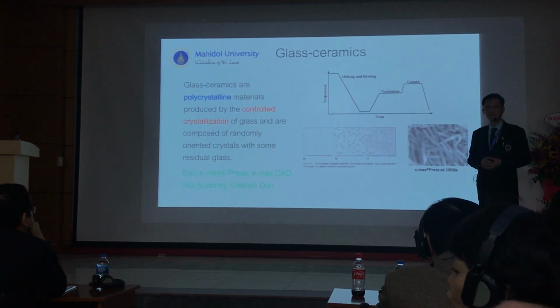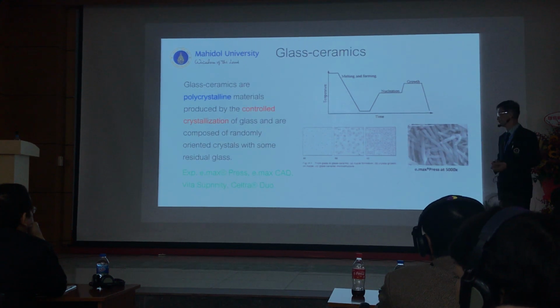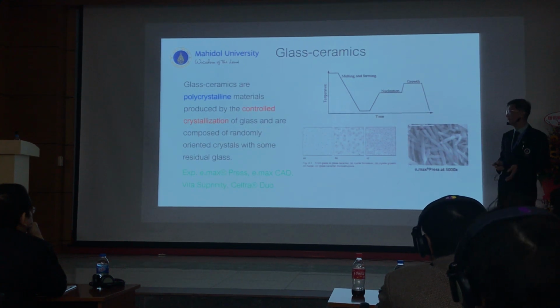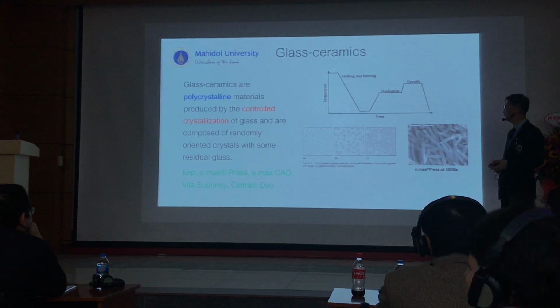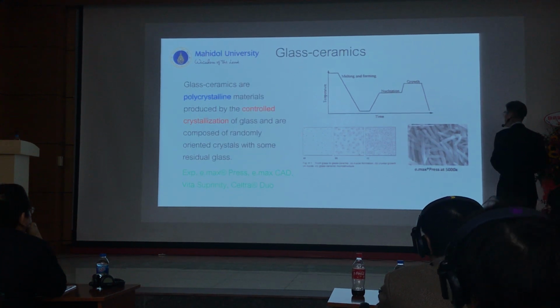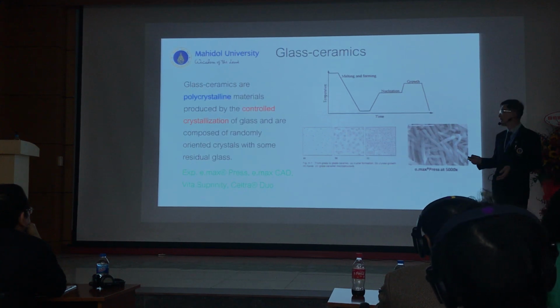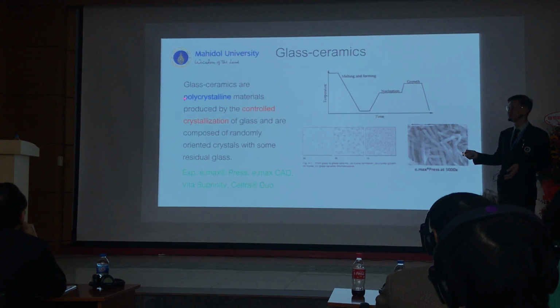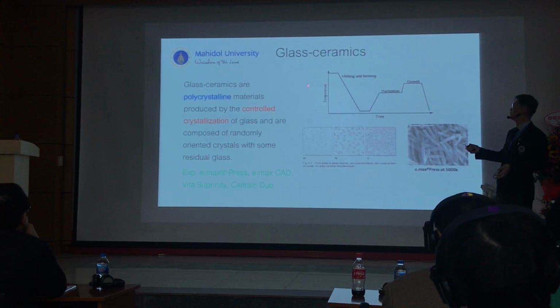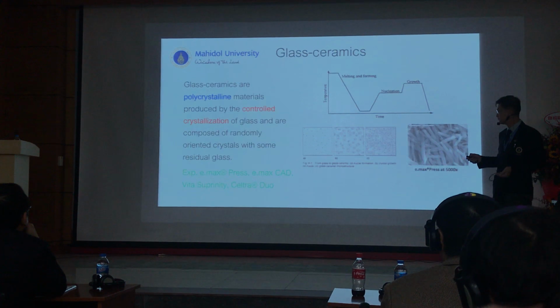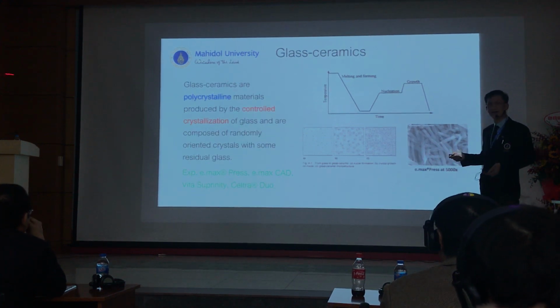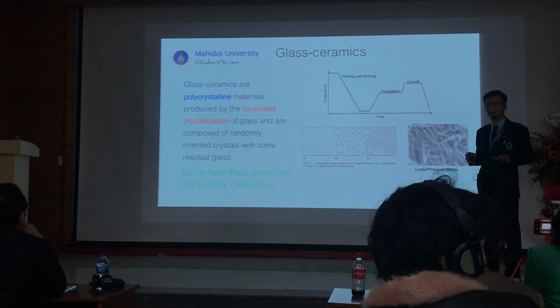Or the gasoline. What is gasoline? You think about gasoline. Gasoline is a polycrystal as well, actually. But why this one is very beautiful, I can talk about it later. For the gasoline, you think about glass ceramic. What the glass means? The crystal in the glass comes from the glass itself.